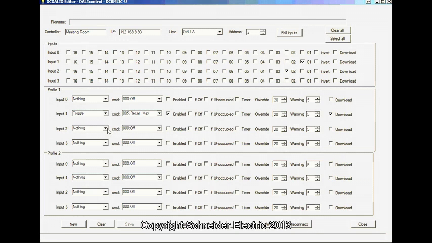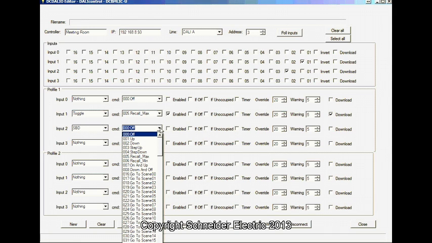For input 2, we select SPD, single button dimmer. Select on and up,